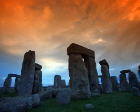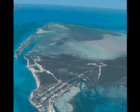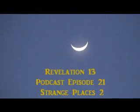Off the coast of Bimini in the Bahamas, there lies a structure that some claim is proof of a lost civilization. Referred to as the Bimini Road or the Bimini Wall, this structure lies in 19 feet of water 2 miles off of Bimini's northernmost point. It is composed